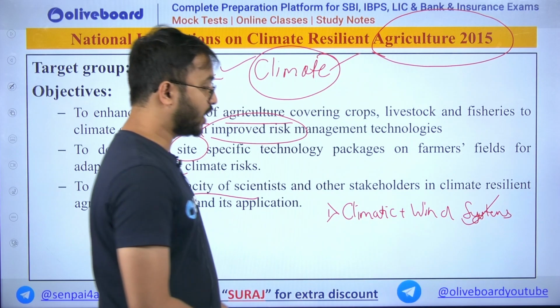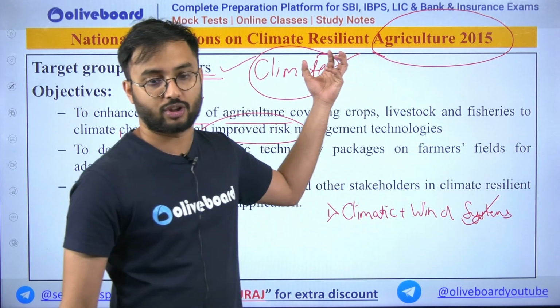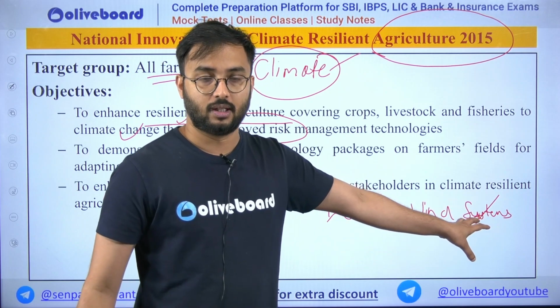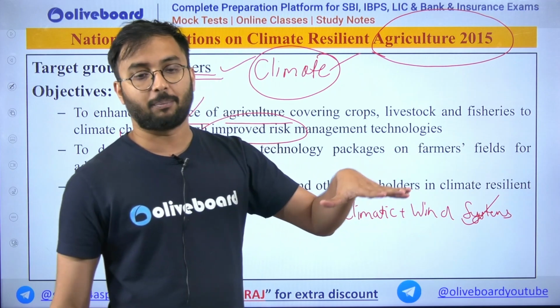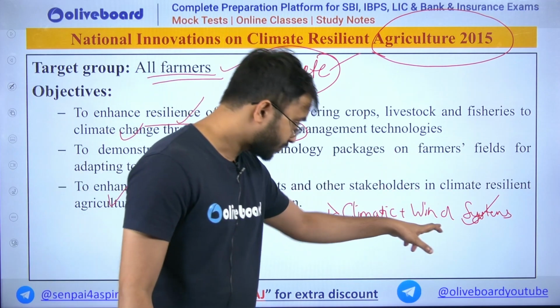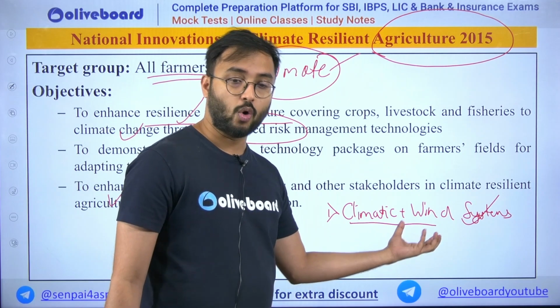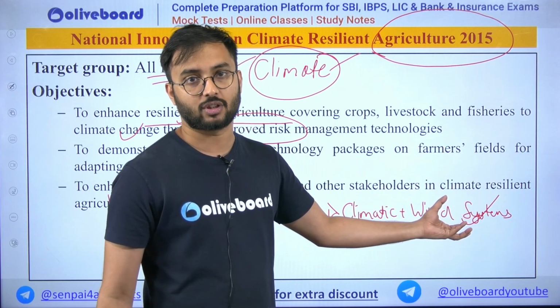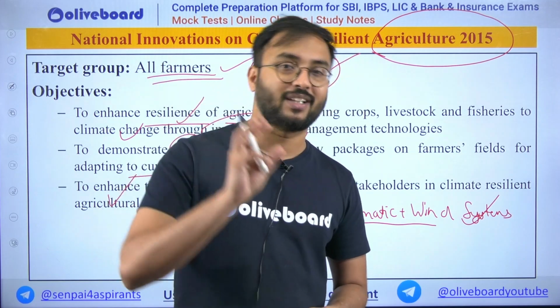Okay, so they change your climatic and wind systems. For example, monsoon gets affected because of climate change. As monsoon changes, local climate and weather change. In the Indian context, we will understand: because of climate change, the overall Pacific climate and wind systems are disturbed, or maybe there is an imbalance. Because of this imbalance, the El Nino and La Nina phenomena take place.